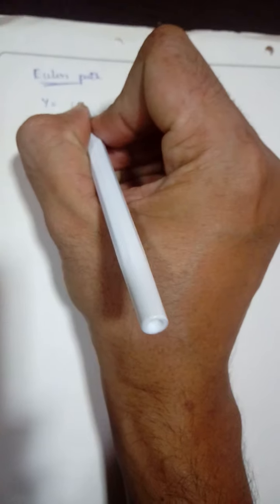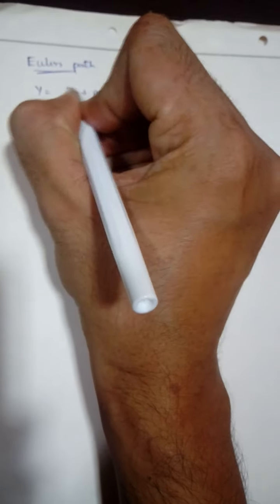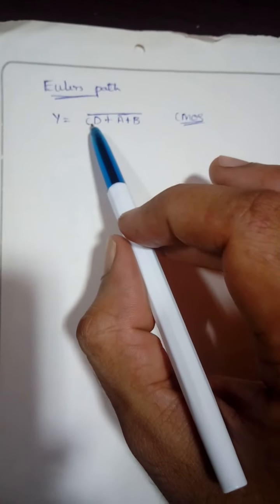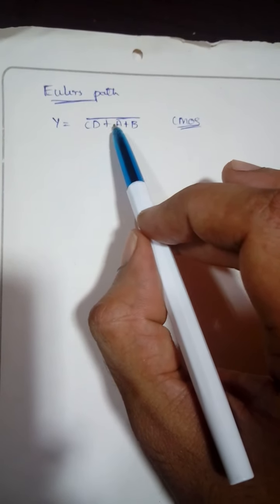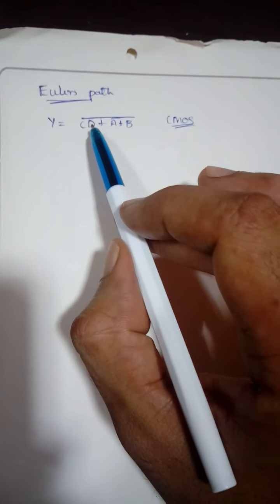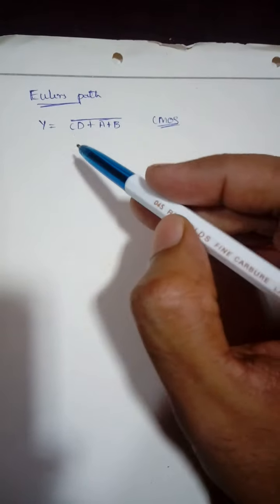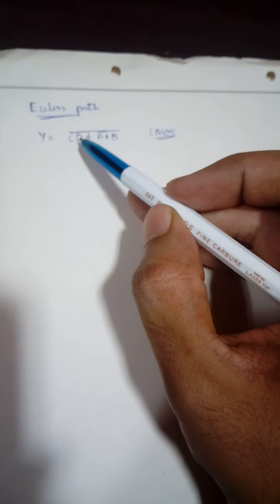Y is equal to CD plus A plus B the whole bar. So in a normal approach, what we used to do, so we are doing it for a CMOS process, right? In this case, there is a dot between C and D, and there is plus with A and plus with B, and there is a complement, right? Whenever you had a normal approach, you used to connect C and D in series in parallel with A, in parallel with B for N transistors, which comes below the demarcation line, and above the demarcation line the C and D used to be in parallel in series with A, in series with B, right?